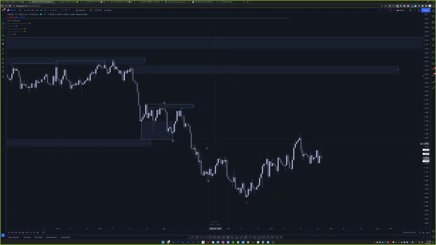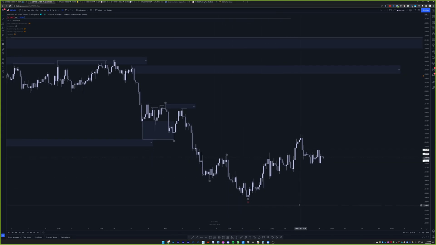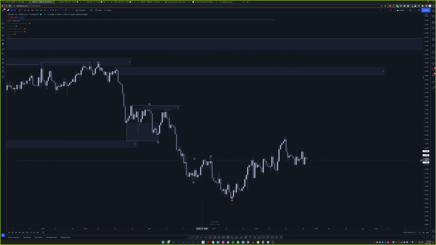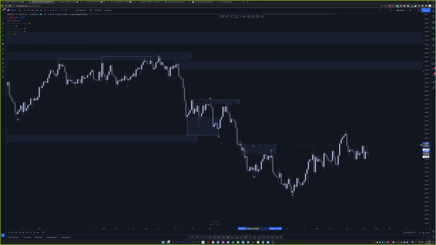So let's see. Okay, so that's our structure. This is a clear pullback, right? And then we break below, right? Does that make sense? And again, look, we have another POI here. I'm just going to call it like that. And what can we do? We can check. There's no reason not to check. Here we have a chain on a lower time frame, but it's not so visible here. But for the movement itself, I'm almost sure there's a chain there.